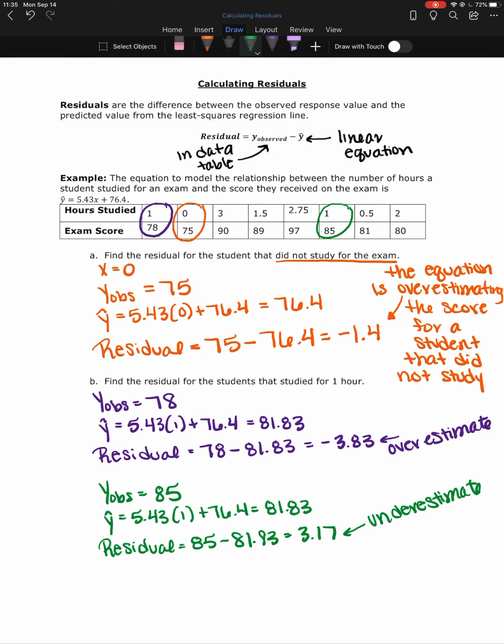So here we have a few examples of how to calculate residuals, and just a little bit about what the residual